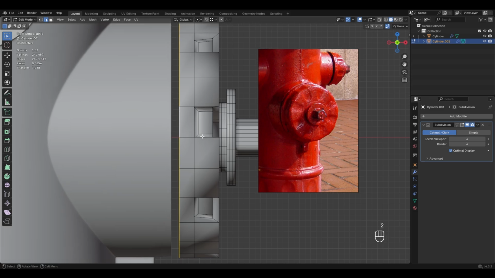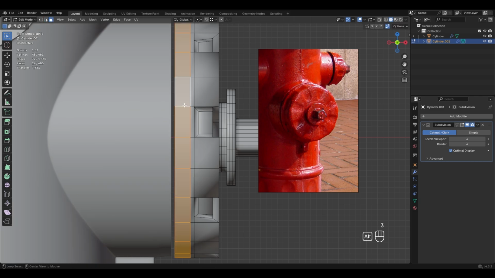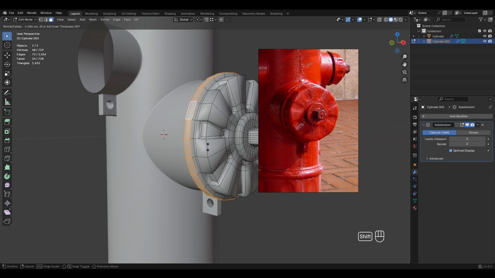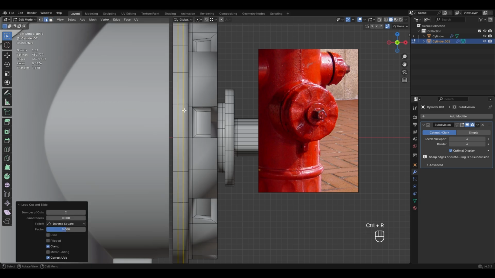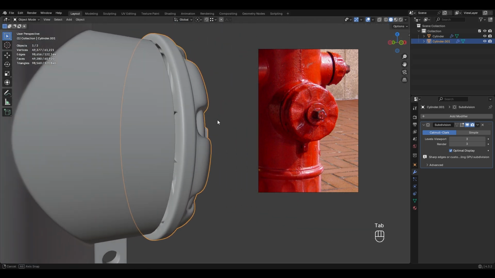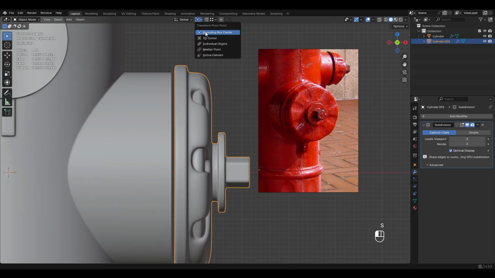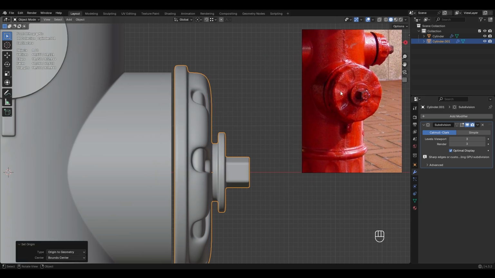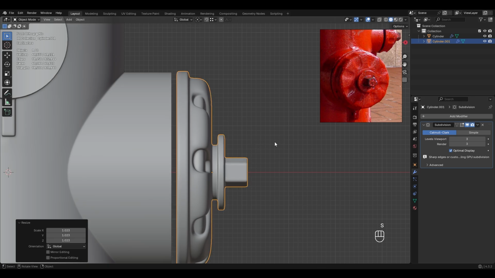We are going to move this here and do an edge loop here and select these faces. Right click, extrude faces along normal like so. All right, and then I'm going to add 2 edge loops here, and then scale this down. You can select this and right click, set the origin to geometry, and then scale this down like so,